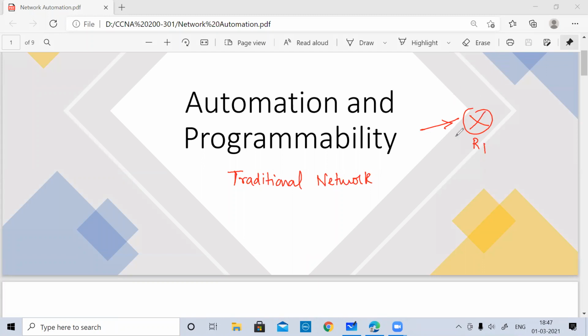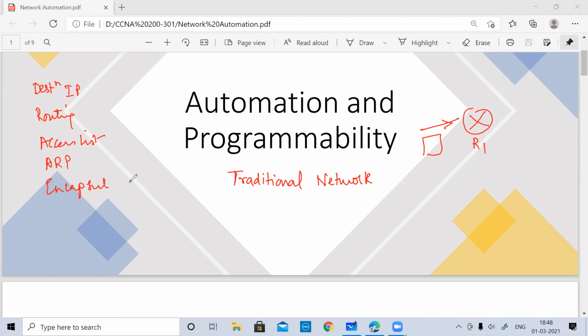We understood the kind of tasks involved in processing this particular packet. It has to check the destination IP address, whether it has any information about the destination IP network, and look into the routing table. After that, it needs to check the access list, then check the ARP table to get the information about the MAC, then encapsulate.